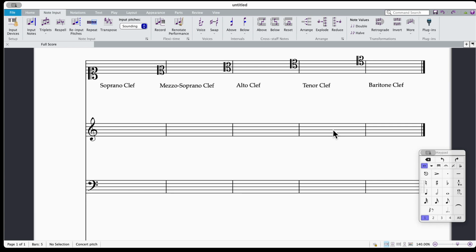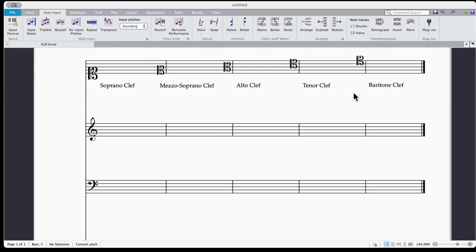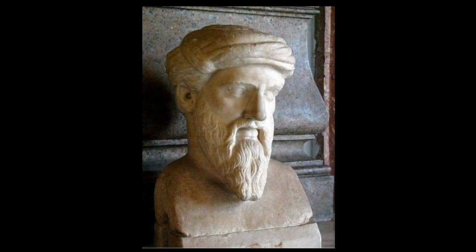Now, once we got to around the Middle Ages, the sort of 1500s, 1600s, we started to experiment with more harmony. Before that, we had sort of musical harmony, if you will. There's a guy you may have heard of from geometry class, Pythagoras, and his Pythagorean theorem. You might remember that from geometry class. This guy figured out mathematically how harmonies worked, and he had figured out fifths and fourths and octaves and things. He discovered that there were these ratios that existed in